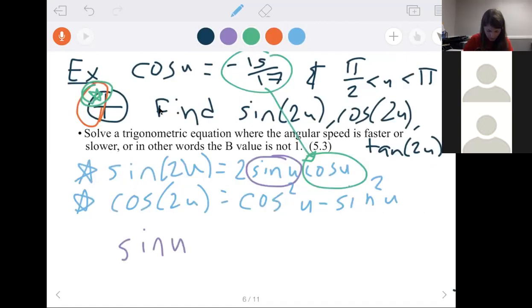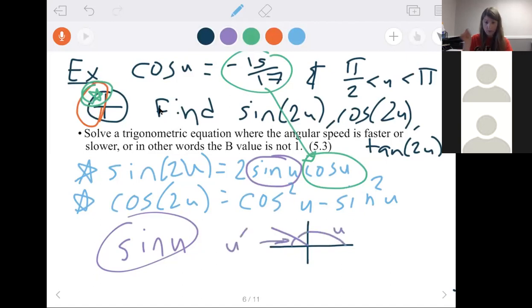All right, so let's think about how we could find this. In other words, let's focus on sine u. So what I want you to think about is drawing your picture and just drawing your reference angle. We know we're in quadrant 2, and we know the cosine is negative. But if we focus on the reference angle, that's going to be this piece. Maybe we could call it u prime, because our u is going to be our large angle. And if we think about in this one, the sine of u is going to match the sine of u prime,